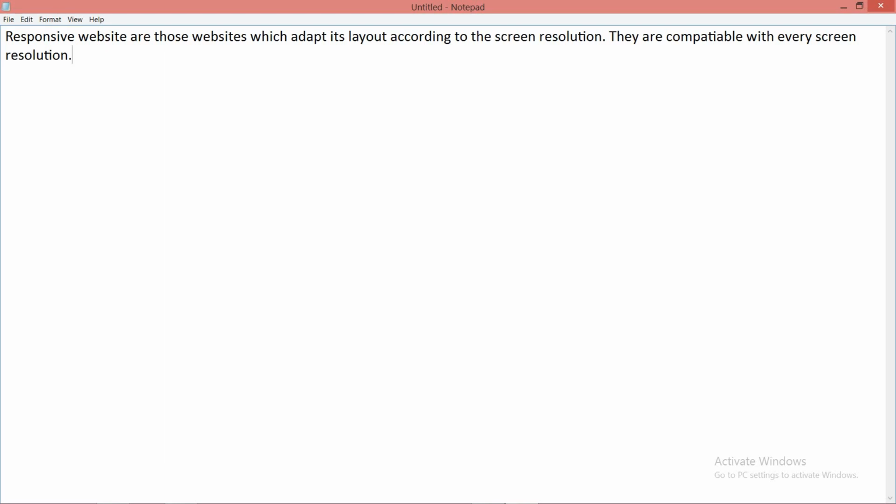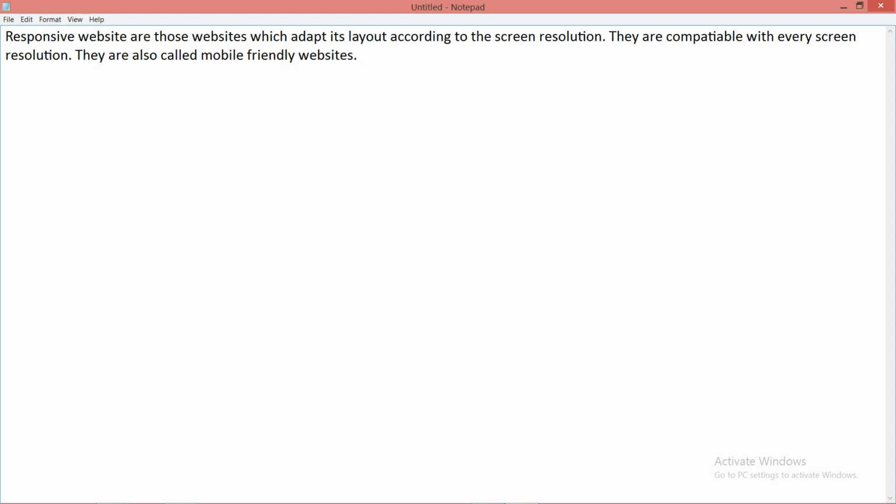If you open a responsive website on a mobile, the layout of the website will adapt to its screen resolution. In simple terms, they are also called mobile friendly websites.